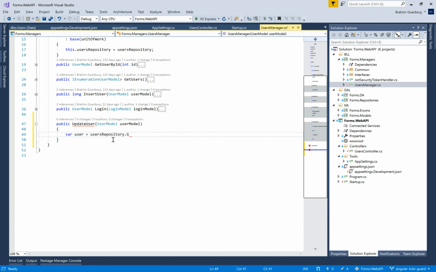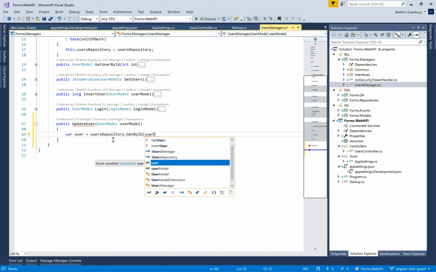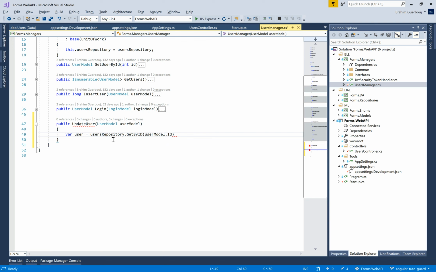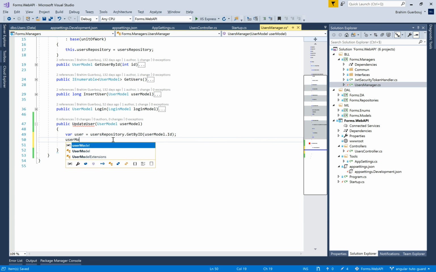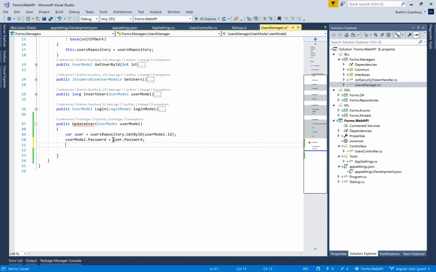So first of all we need to get the target user by ID from the database, and here we can check if the user exists, perhaps another one deleted. So if it does not exist, we can return a bad request. We'll keep it simple here. In our case, we have to make an assignment: the user model.password is equal to the user from the database.password,